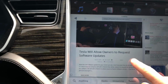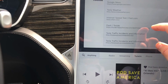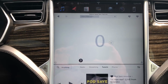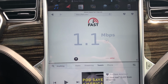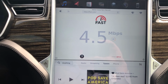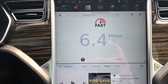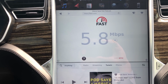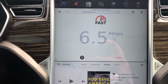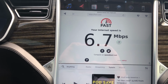So much better. And one thing I also did notice was when I did some tests, I wanted to just take a look at the LTE speeds. And when I ran that test, normally I get about anywhere from 300 to 500 kilobytes per second. And when I was running this last night, I started seeing rates like this, actually much higher. I was closer to 10 megabits per second, but never consistently got these kind of rates. So you can see that something has been improved here. I don't know if that's just the browser improvements or if there actually has been some connectivity updates, but 6.7,